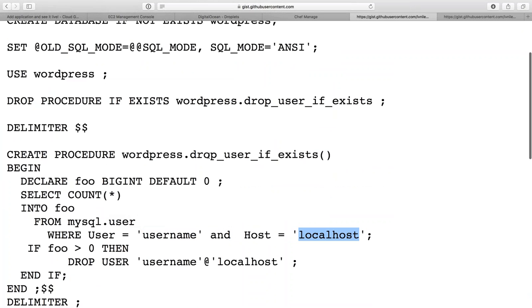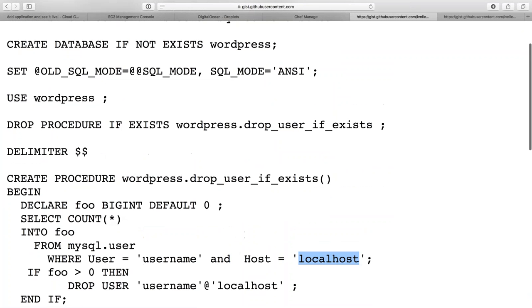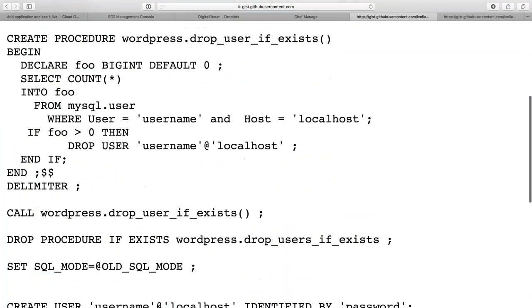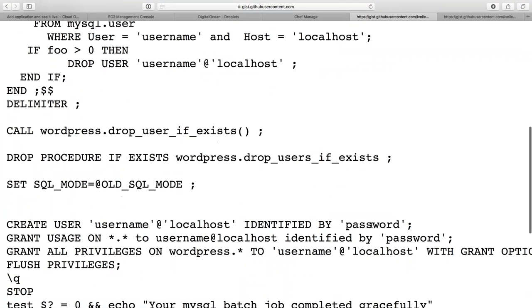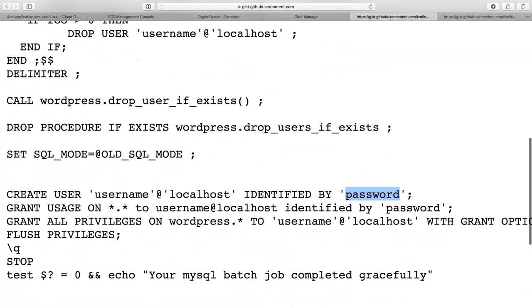But the password, where's the password? So here is the database name right there. Then the password is here and here. I'm saying that the password for this username is going to be password, and allow all privileges,